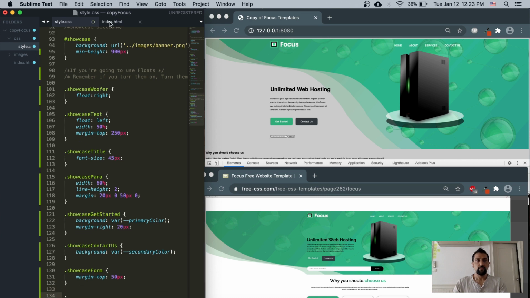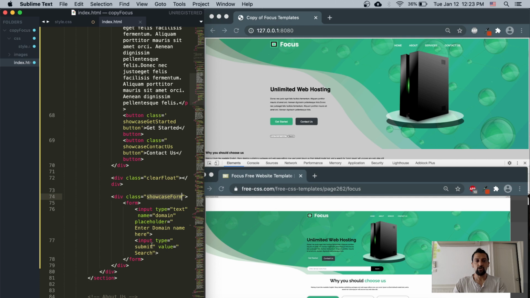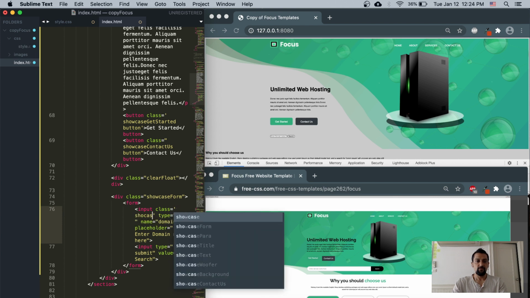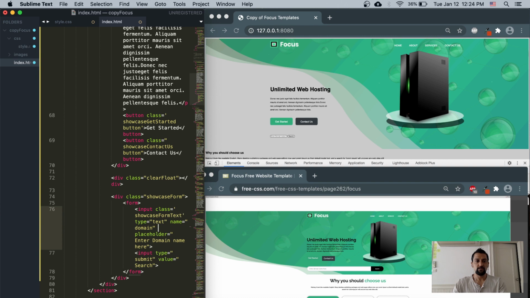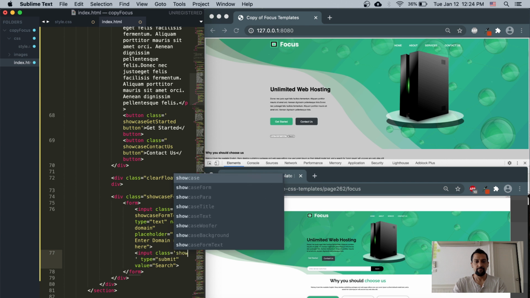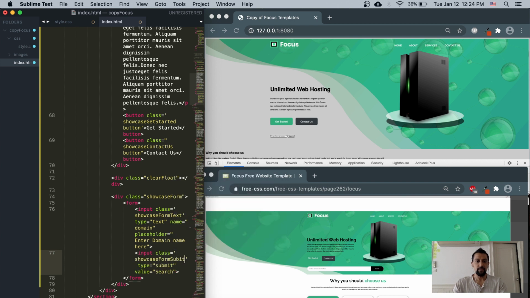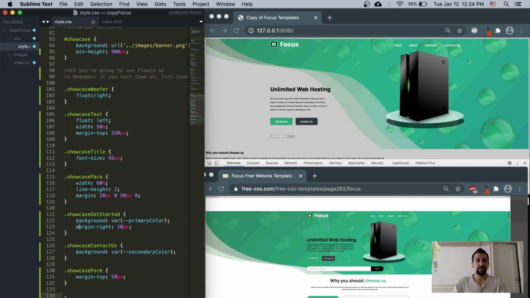Inside the showcase form there are both inputs. I forgot to add a class, so I'm going to add a class of showcase form text and showcase form submit. Okay, so inside the showcase form